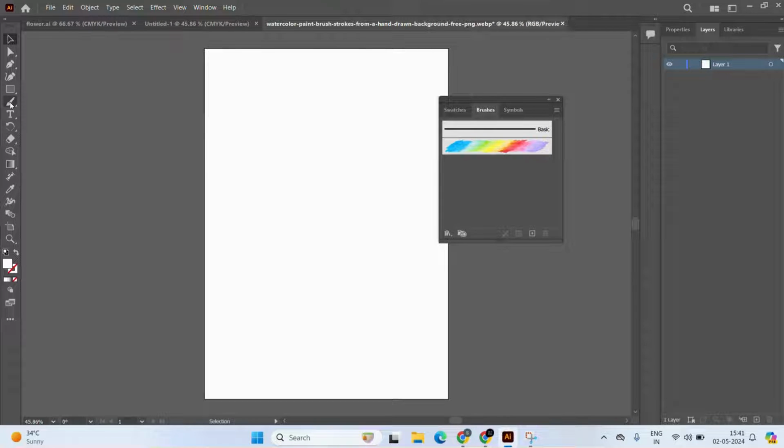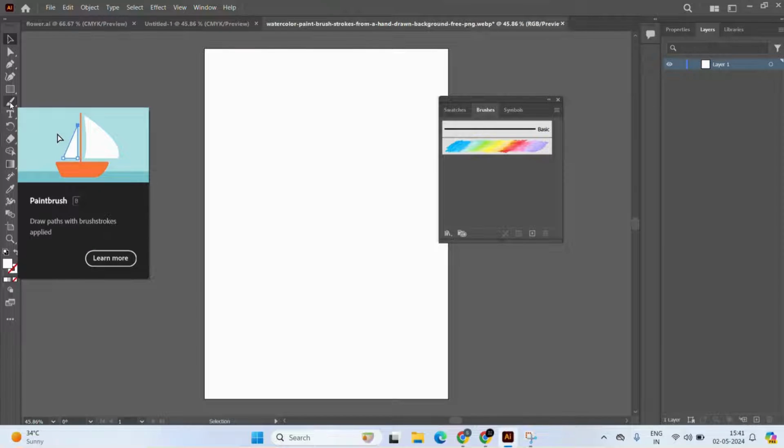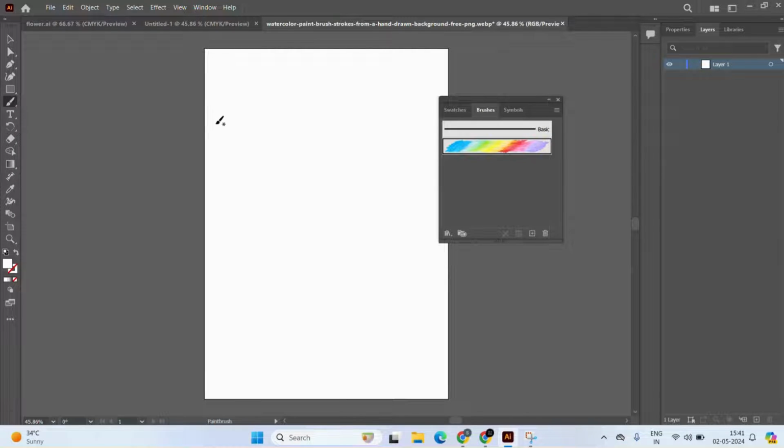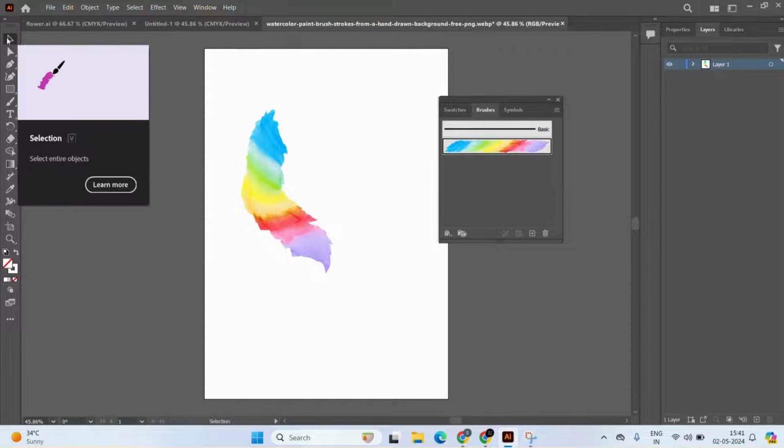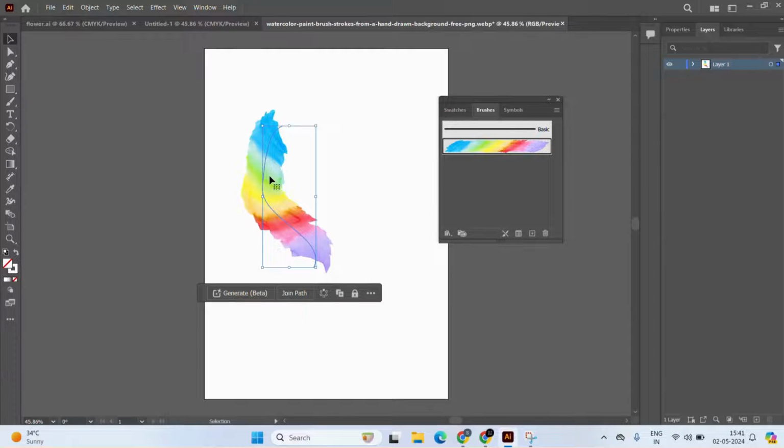Now go to pen tool and just draw a line. So how nicely the brush has appeared here. And if you want to decrease the size, you can select this and go to these options of selected object,